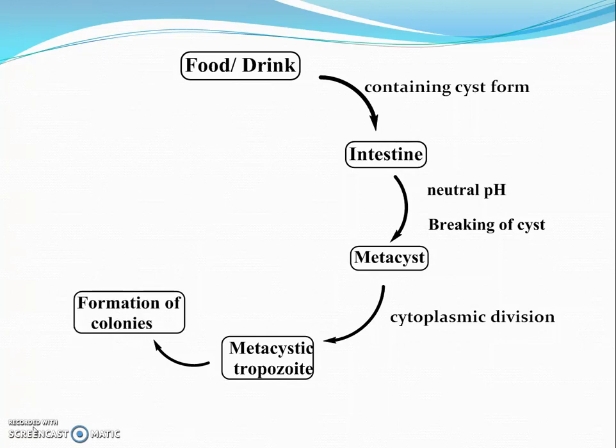This trophozoite is the active multiplying stage which will form the colonies, attack the tissue and produce lesions. It derives its nourishment from the host tissue and multiplies by binary fission. This trophozoite stage continues to remain in the host tissue, and it is the predominant form seen in the dysentery stool. When dehydration of feces occurs in the lower portion of the colon, the trophozoite expels all the undigested substance from it and